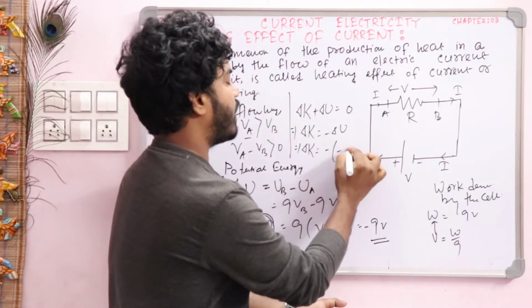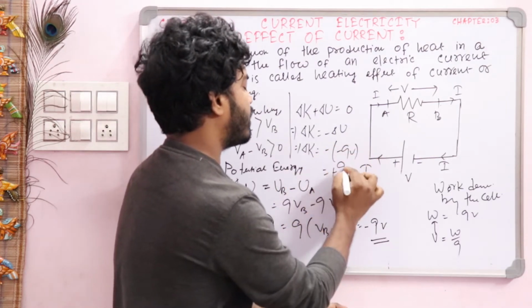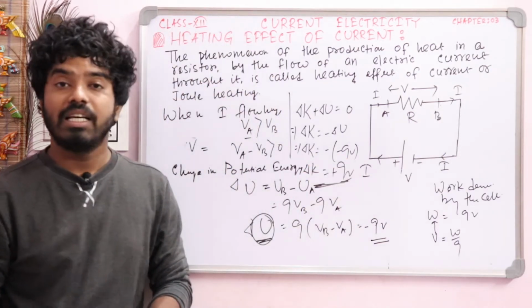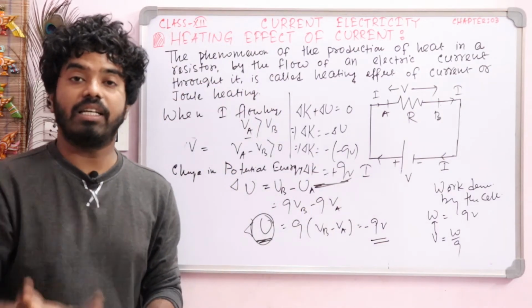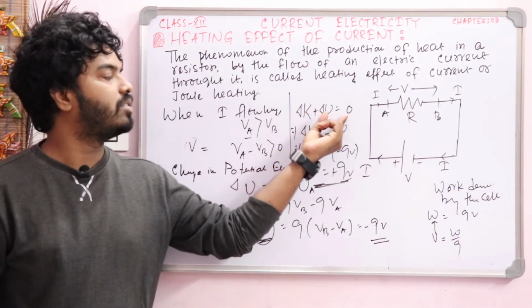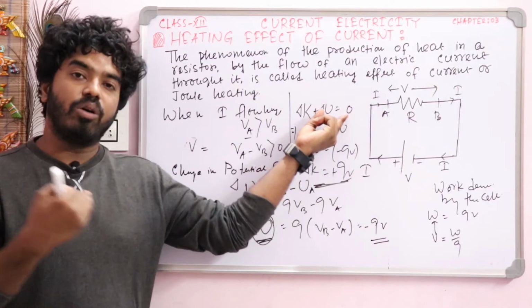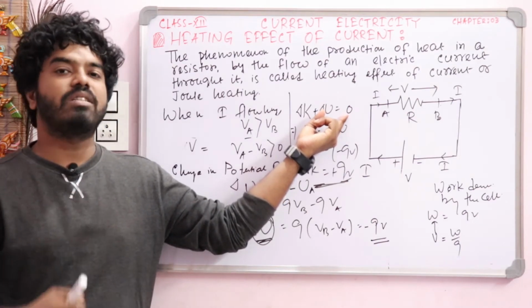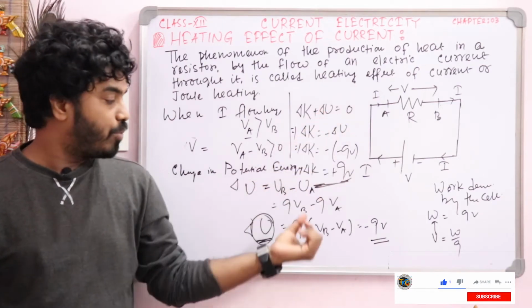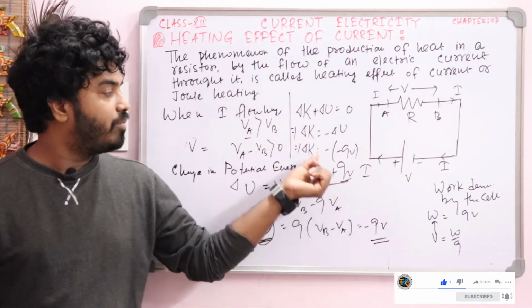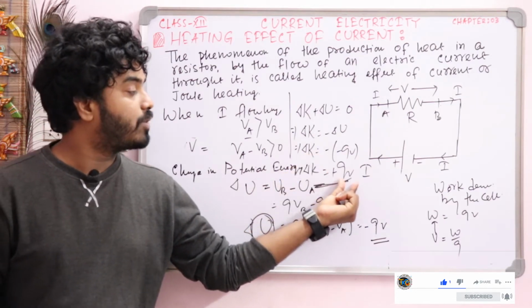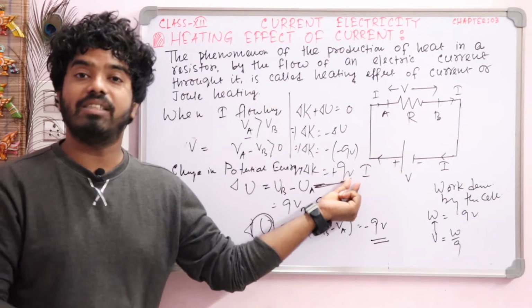So this one becomes minus of minus. So this result becomes Q into V. And this is the expression of delta K. What is delta K? Delta K is the increase in kinetic energy. Why? You know the sum of the changes in energy is 0. That means when there is a loss of potential energy, obviously there is a gain in kinetic energy. So here potential energy decreases. So obviously from this equation you can say the kinetic energy delta K, which gives plus QV, increases.